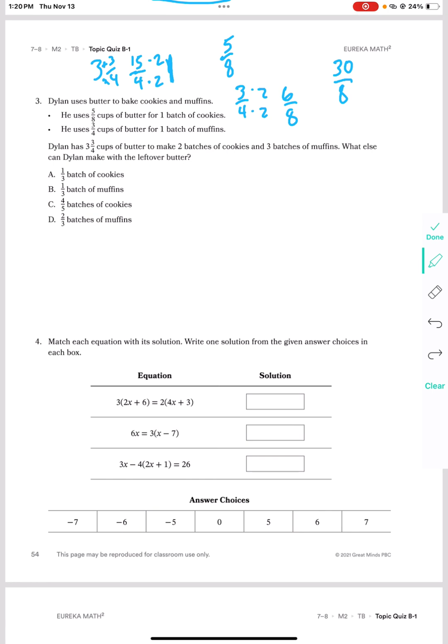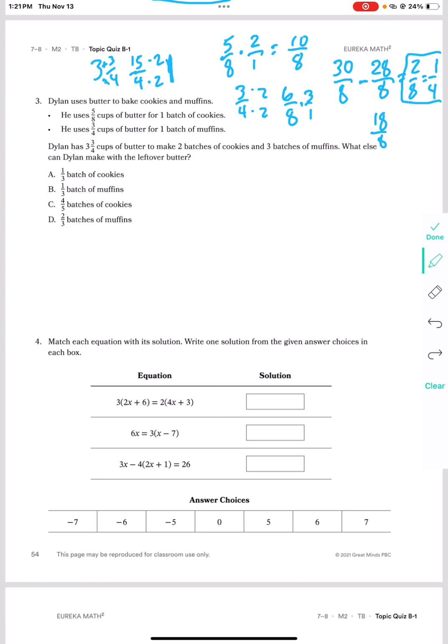So if one batch of cookies is 5/8, to make 2, we would multiply that times 2, which would give us 10/8. And same thing with the muffins. We know how much it is for 1, so we will multiply it times 3 to get 18 over 8. Then we can add the 18 over 8 and the 10 over 8 to get 28 over 8. And we would subtract that from the amount of butter he had to give us 2 over 8, or 1/4. So he has 1/4 cup of butter left,